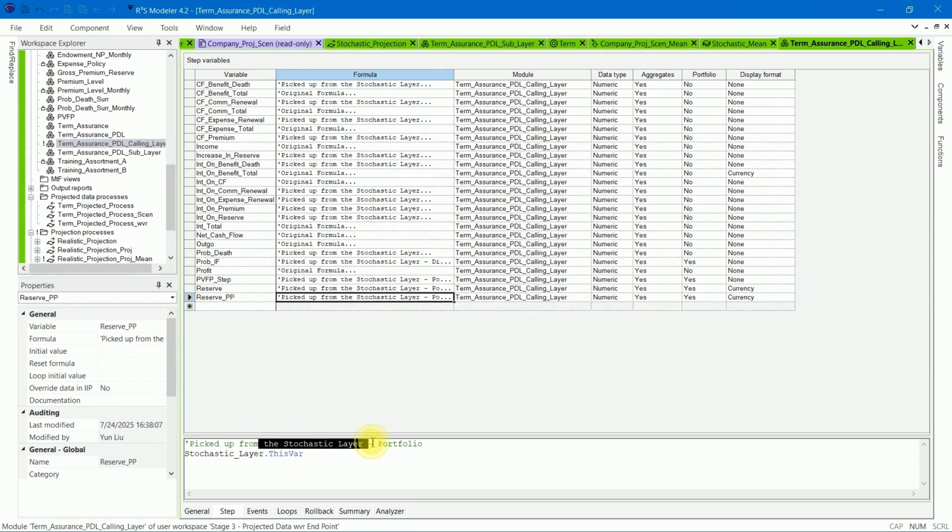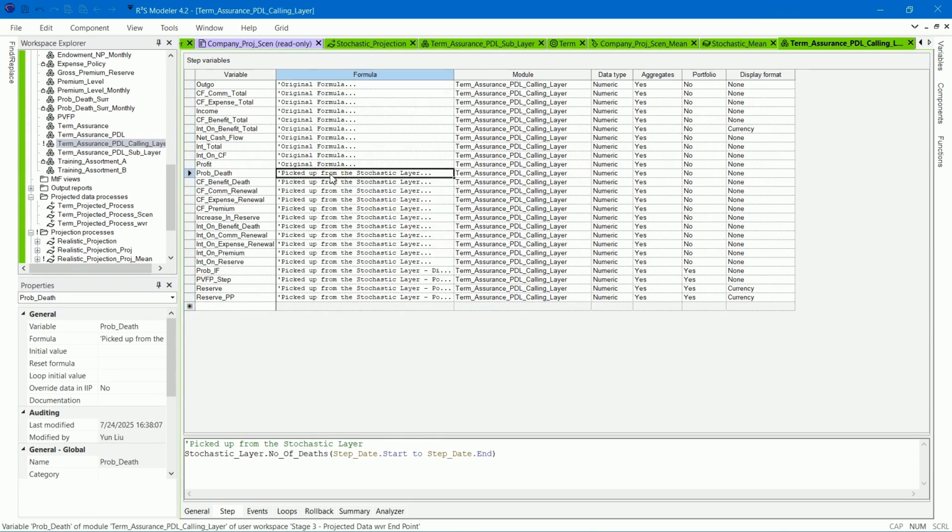You will now see that the module is picking up values from the stochastic layer. You can sort the formula column to make it easier to view. All the formulas now reference the stochastic layer.